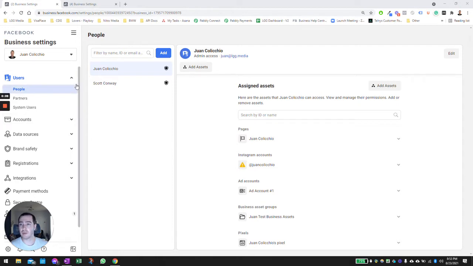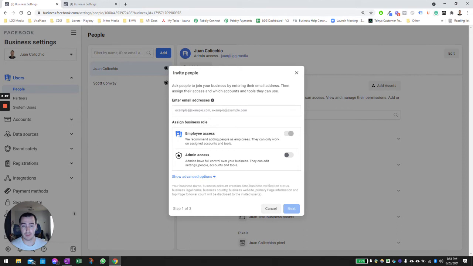So what you're going to do is head over to the business manager of your choice, select it up here. If you don't know where you are, go to business.facebook.com/settings. It will take you to the page that looks like this. Then you're going to go to users, head over to people, add the user, type in their email,